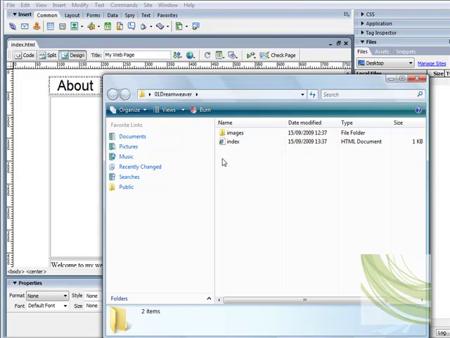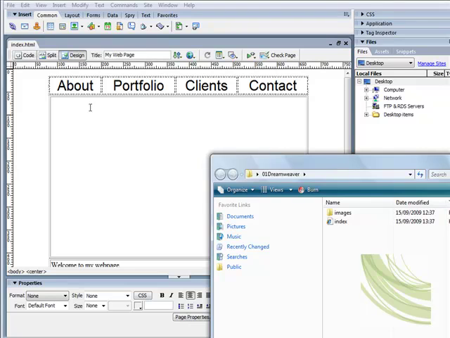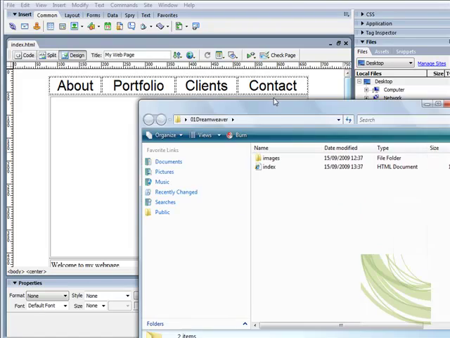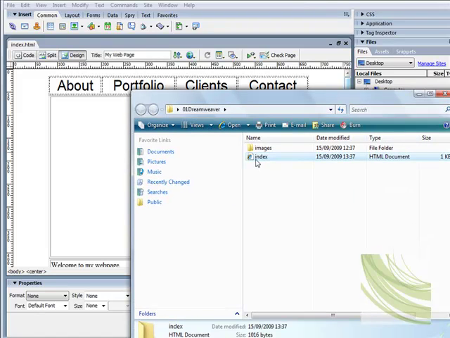Now what we need to do is, this is really going to act as our template of our design for our newly created pages. So in other words, if we click on the About page, it will take us to the About page, and if we click on Portfolio, it will take us to the Portfolio page. What we've actually done is we've created a template, and what we're going to do is use this template for these existing pages. So what I'm going to do is, I want you to simply copy and paste the index